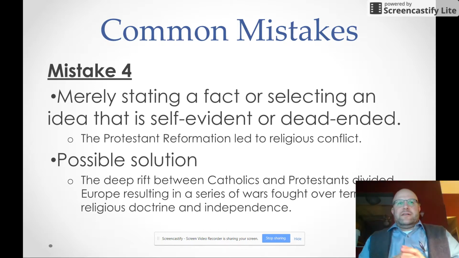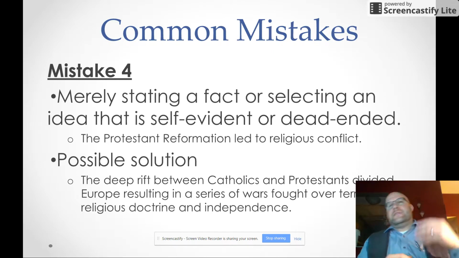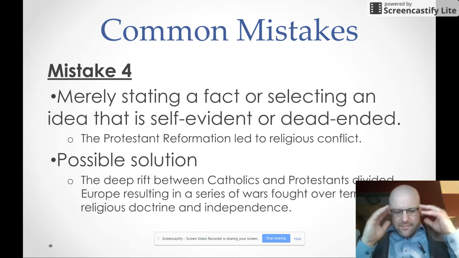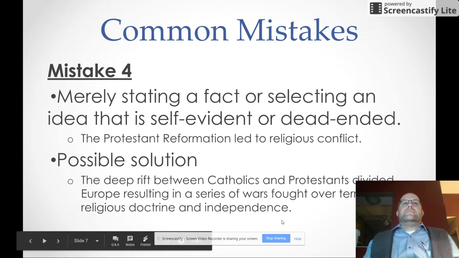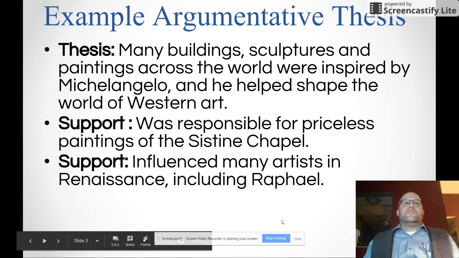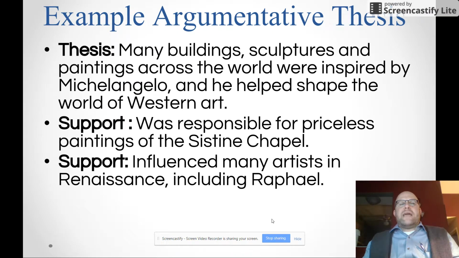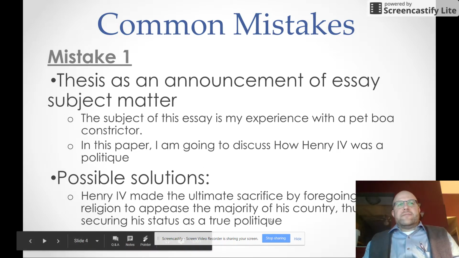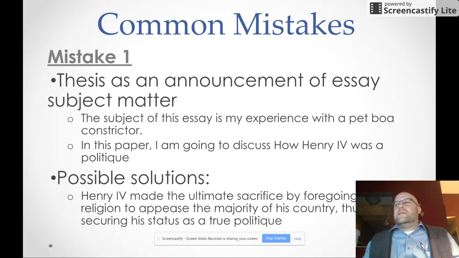Technology was bad. Technology is bad. What does that tell you? The Industrial Revolution was a curse. But why was it a curse? You need to think about the why in your thesis. So as you come back to what's good, it's setting up some of the facts for why it was bad, or why it was good, so you're setting this up on a factual basis. Like, for example, Henry IV made the altar sacrifice. You've got an argument there.